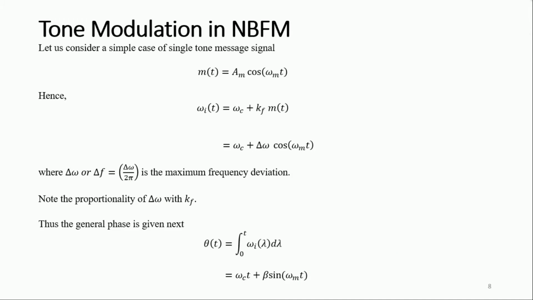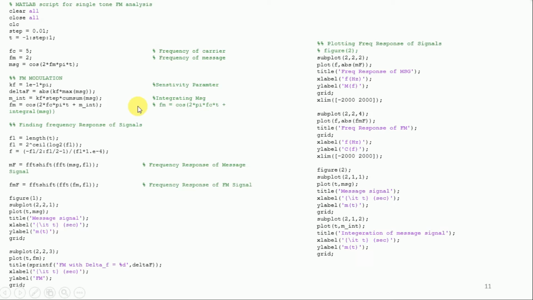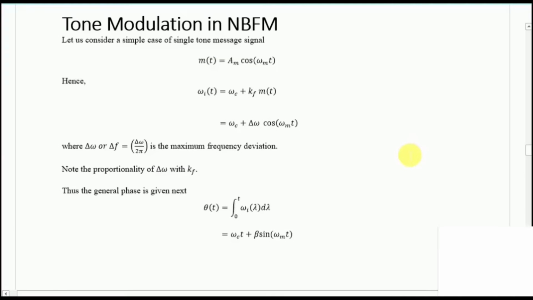In the first part of this video, we are going to discuss tone modulation for narrowband FM. Next, using a single tone message signal, we have a MATLAB implementation. For this MATLAB implementation, the code is given in the description of this video. So assuming that we have a tone modulation in narrowband FM, and by single tone message signal we mean that